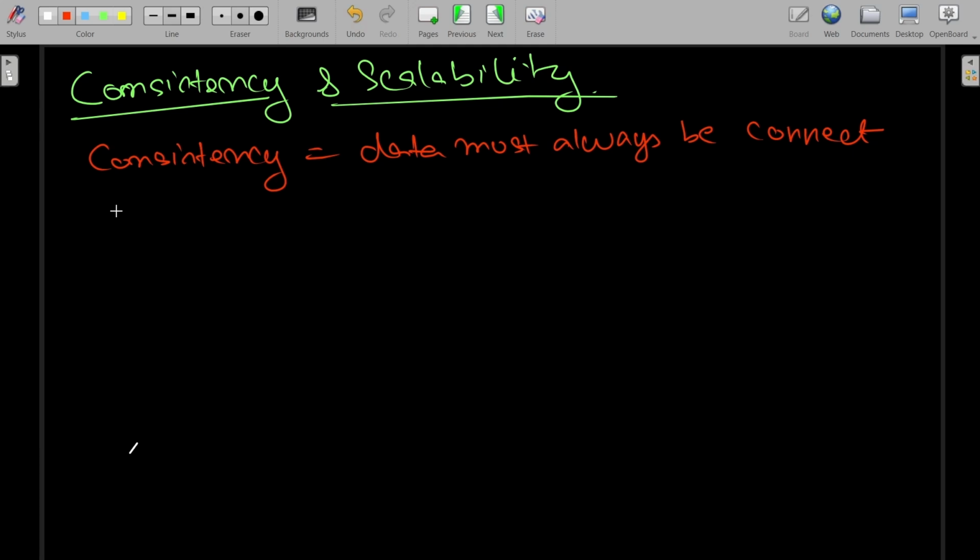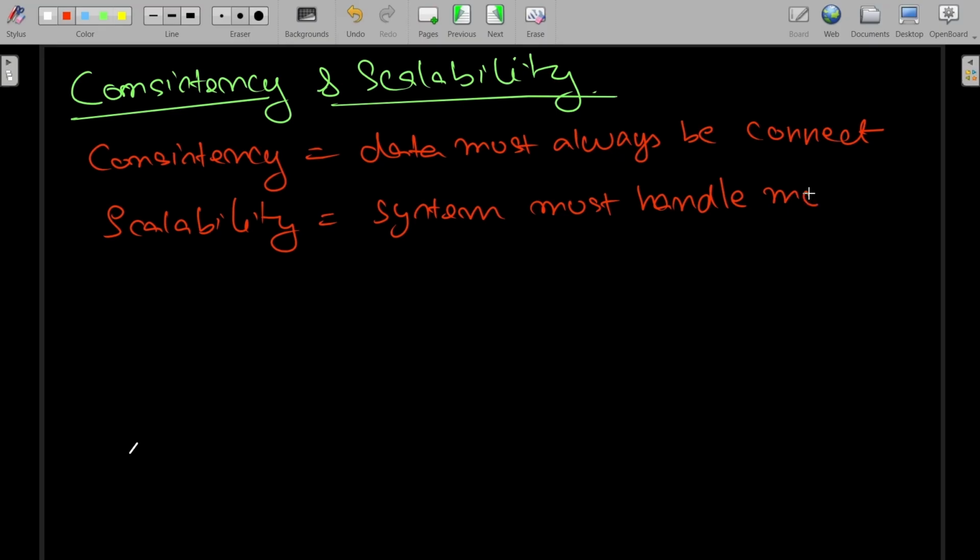Okay, and what does scalability mean? Scalability: system must handle more and more data or users easily. Fine. Example, WhatsApp must handle billions of messages daily. Okay,